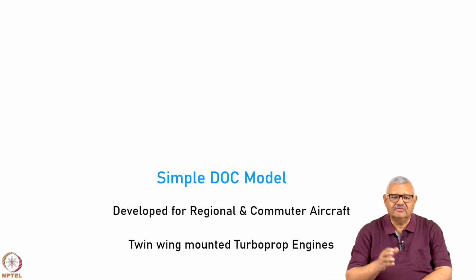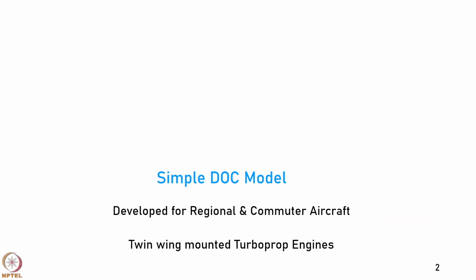Again, within this class it is limited to only those which have twin wing-mounted turboprop engines. The reason is that for one important aspect of operating cost, the maintenance costs, I have managed to get a detailed breakdown for one particular aircraft of this type, a twin wing-mounted turboprop aircraft. I have used the numbers in that example, scaling them up and down for the engine and for the airframe respectively. Therefore, it becomes relevant and applicable only for this special class of aircraft.